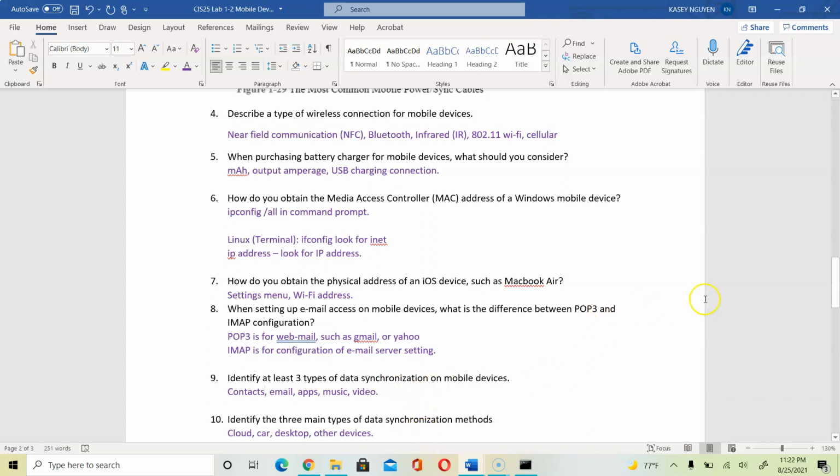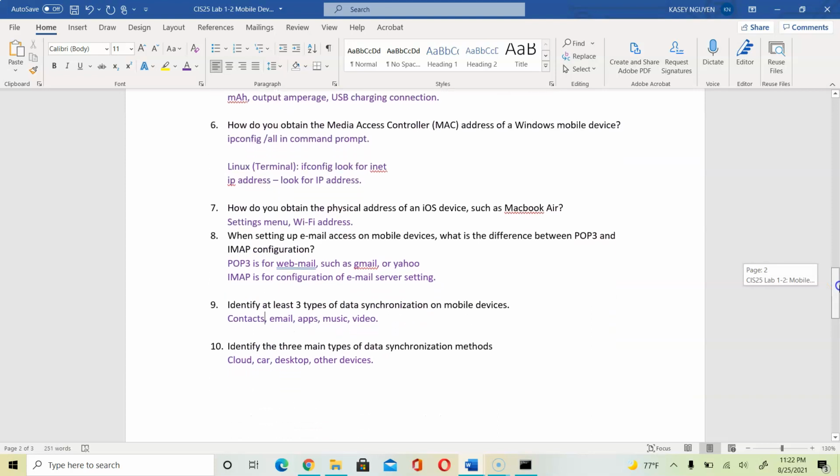Then for question 10, it asks you to identify the 3 types of data synchronization methods. We can use the cloud to sync, and like for Android, we would sync with our Google Drive storage. If you're using Microsoft Surface, you can use OneDrive, and if you're using iOS, you can sync with iCloud. Then you can also sync with vehicle. You can sync with other devices like a tablet with a smartphone, with the Surface,